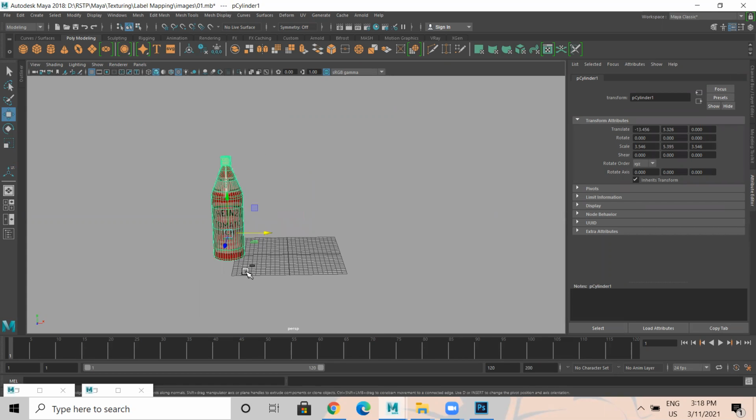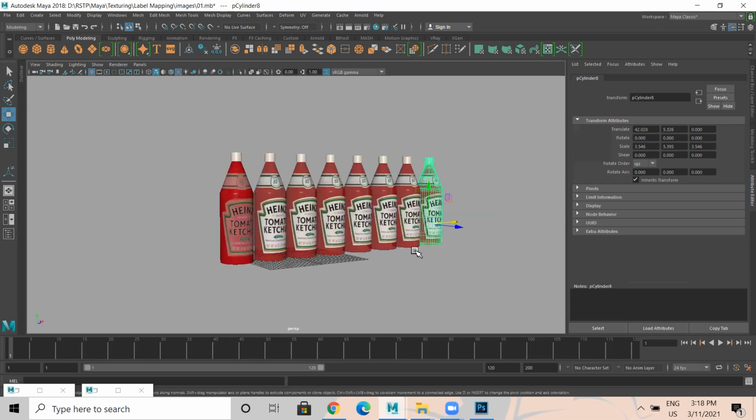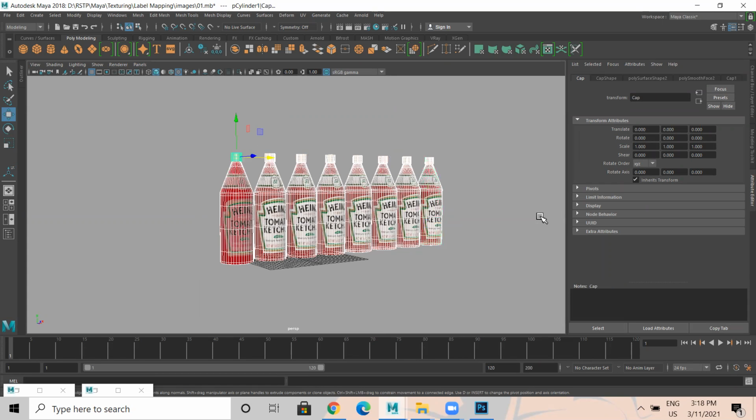So then what I'll do, one bottle, I'm going to duplicate this. There are many bottles here. Then I'm going to select this and duplicate this.